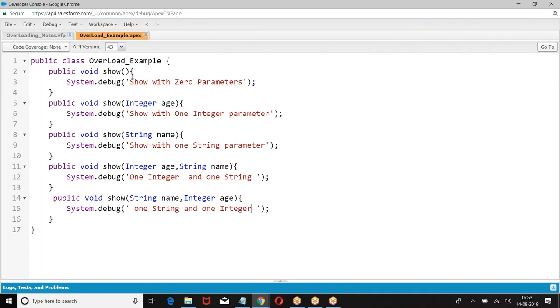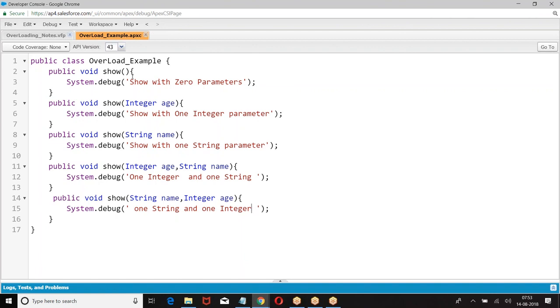This is how we have defined it. So what happened in this case? We have defined more than one method in the same class. The name of the method is show. But if you look, the number of parameters is changing, the type of parameters is changing, the order of the parameters is changing.